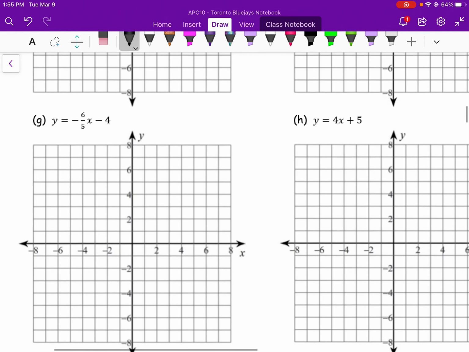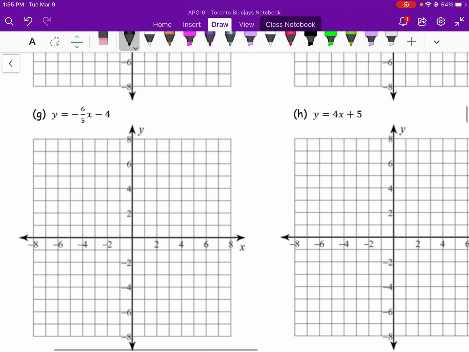Now, maybe I'll do this question here. All right. So I have a slope of -6 over 5. That means I can go down 6 units and over 5. Now, the negative direction,